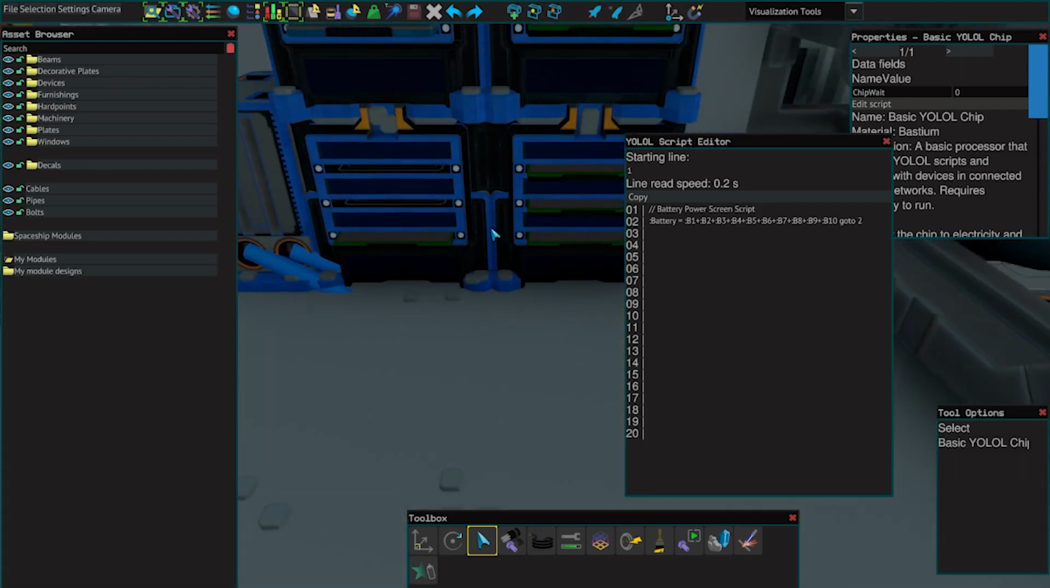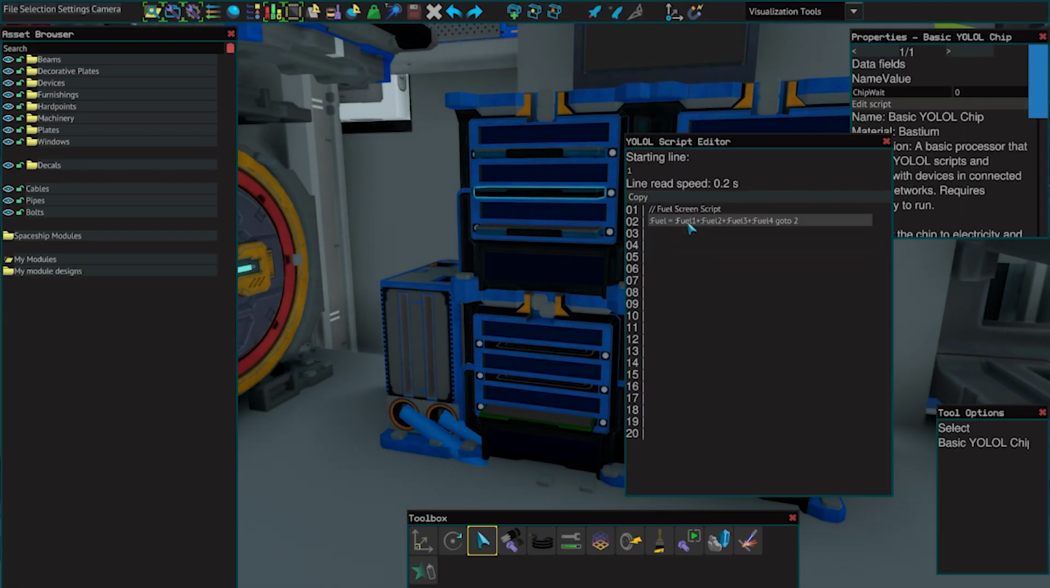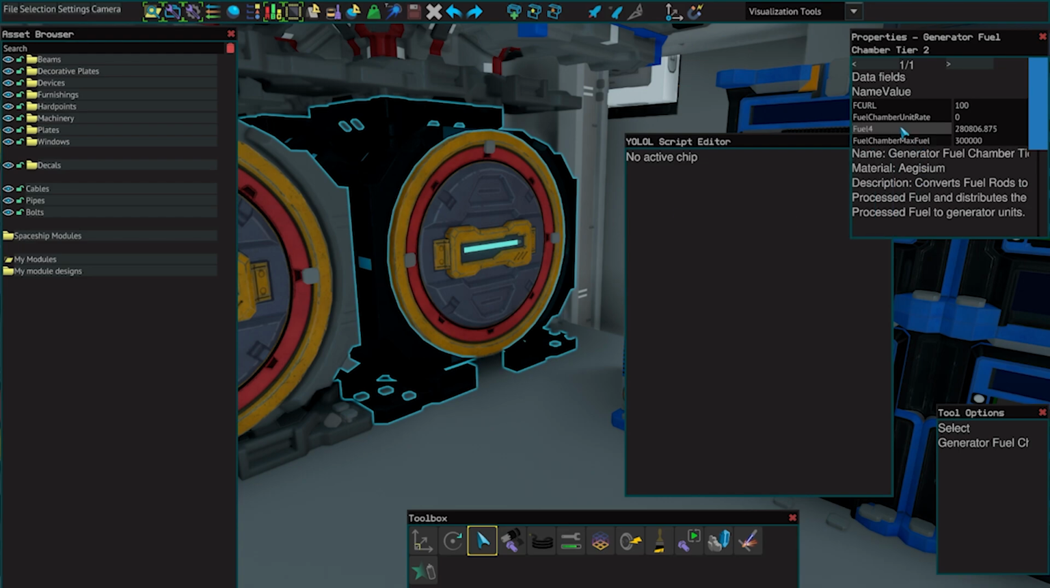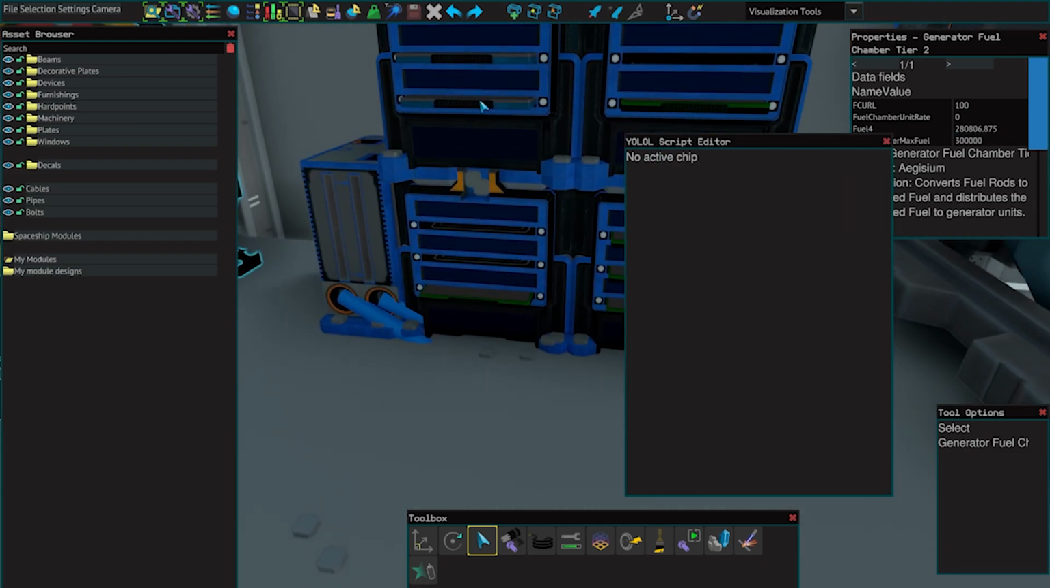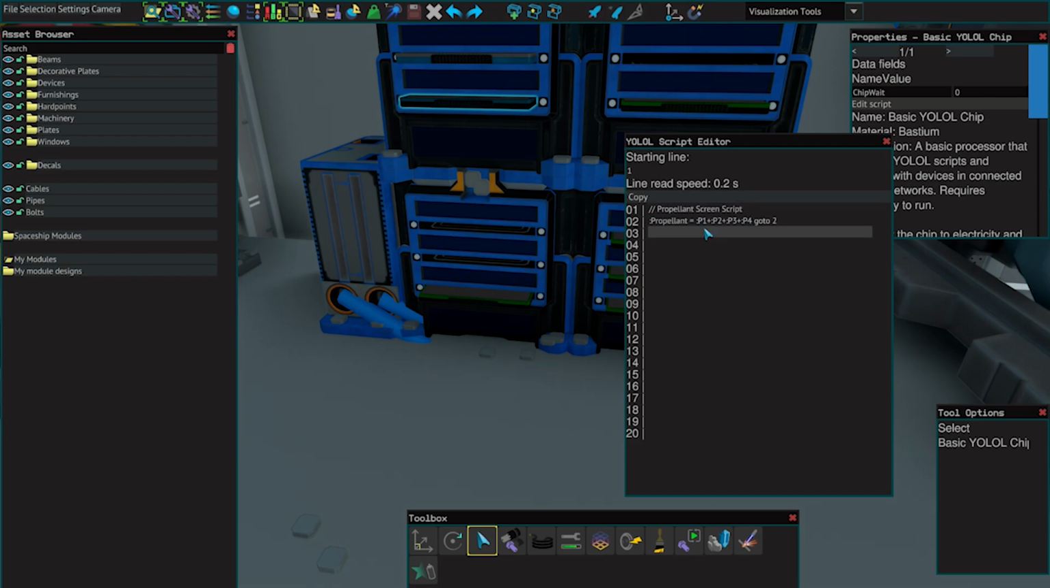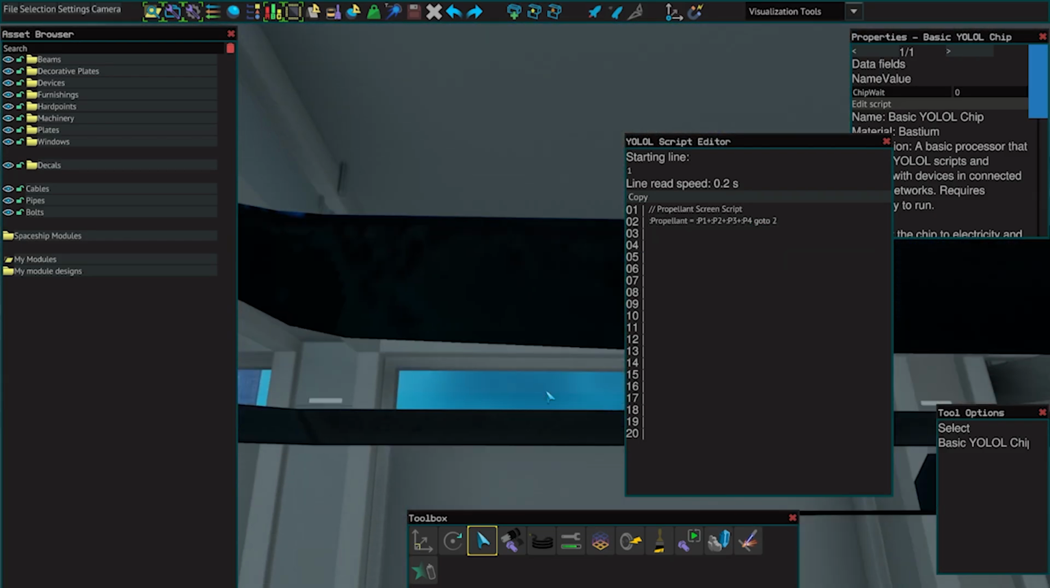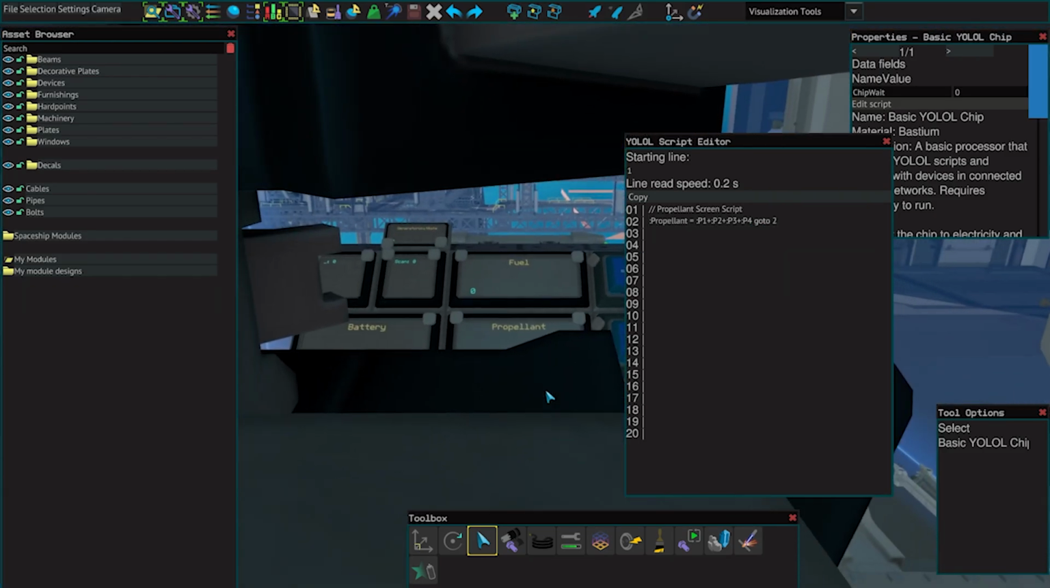So you can see here that I've done fuel equals fuel 1 plus fuel 2 plus fuel 3 plus fuel 4. And that's what I renamed each of the chambers for, what fuel is stored in it, right? So you can do that. And then propellant, I have 4 propellant tanks. I renamed them each P1, P2, P3, P4, and so now they all show up on each of their respective screens